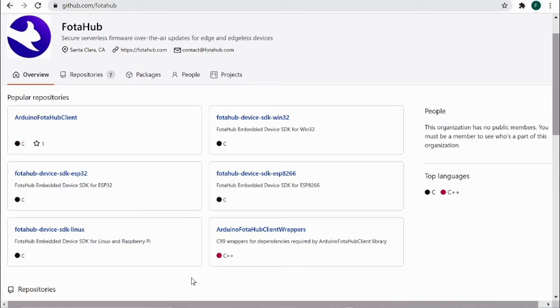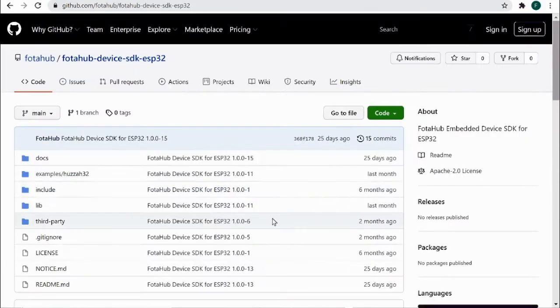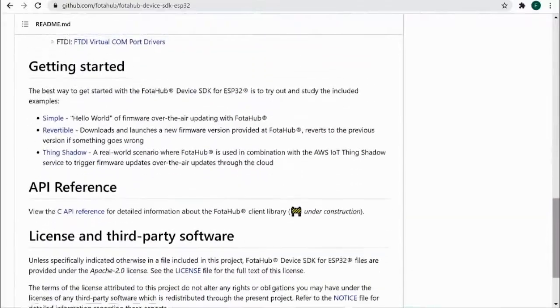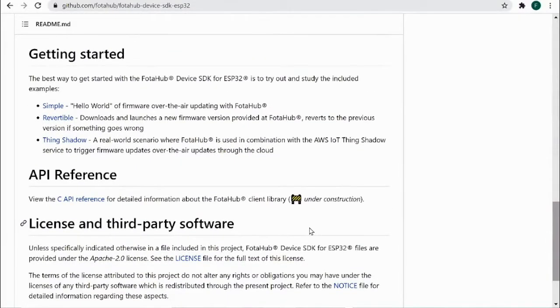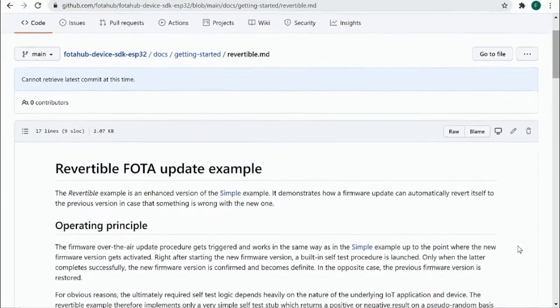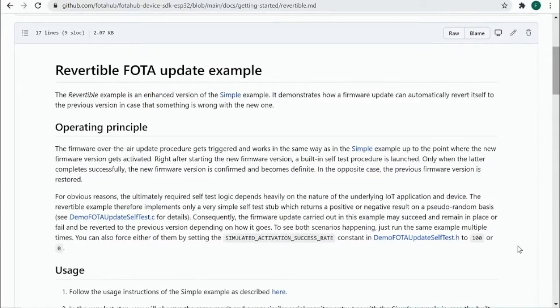In this video, we'll be running the revertible photo update example from the Fotahub device SDK for ESP32. The revertible example is an enhanced version of the simple example. It demonstrates how a firmware update can automatically revert itself to the previous version in case something is wrong